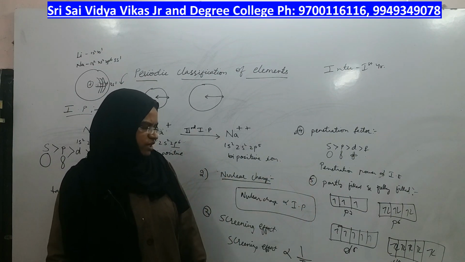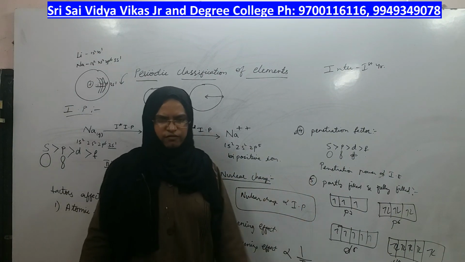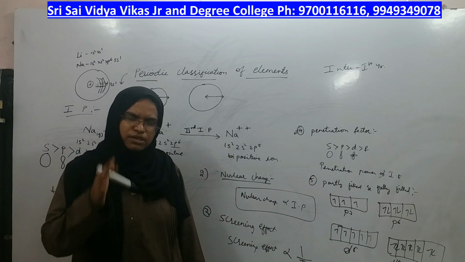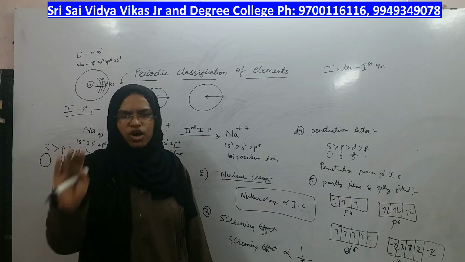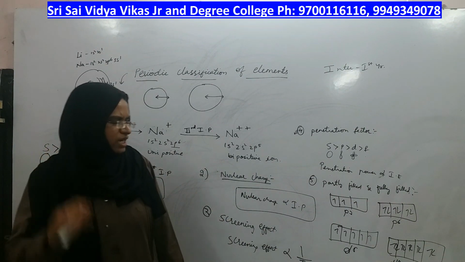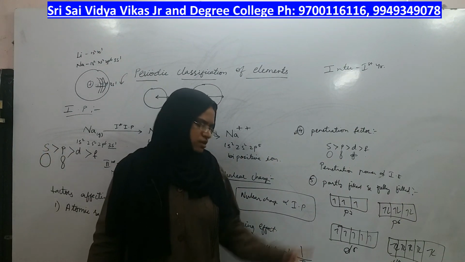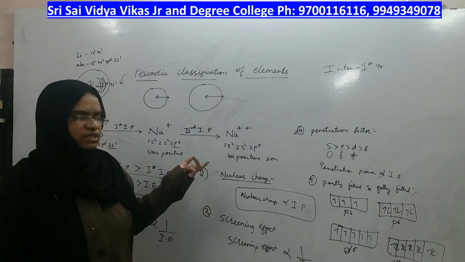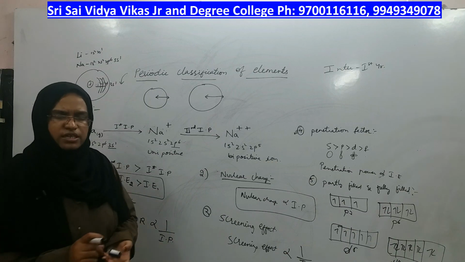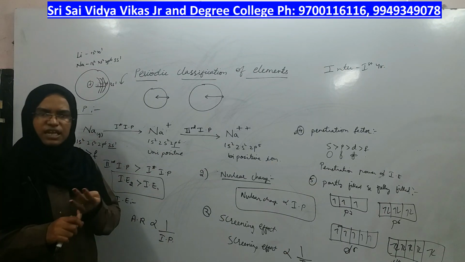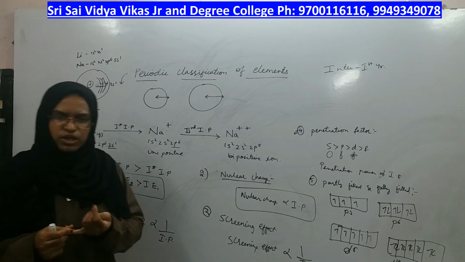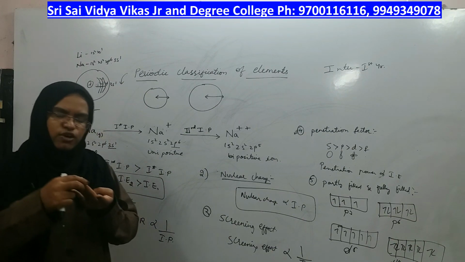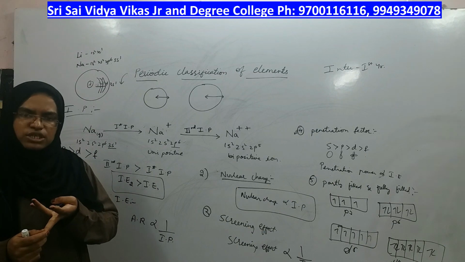It is not just for d, for p, d and f, all the orbitals which are partly filled, meaning half capacity is filled, or completely filled, meaning all the electrons that can possibly come are already there, are very difficult to remove. These are the factors on which ionization potential depends, and it is a very important question wherein they will ask, write about ionization potential, why second ionization is greater than first, what are the factors on which ionization potential depends.